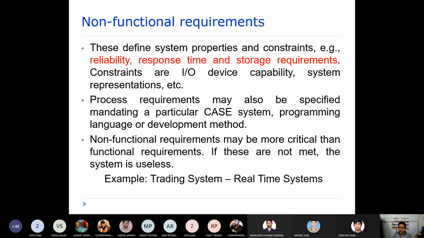Okay, so let's say if you talk about the ATM system again, in that case, what will happen? So there is a response time, right? Within 2 or 3 minutes, the system should respond to the user, right? So this way there is a response time. Or maybe you can say the performance can be like this. The system that you developed should be able to handle this many number of users at a time.